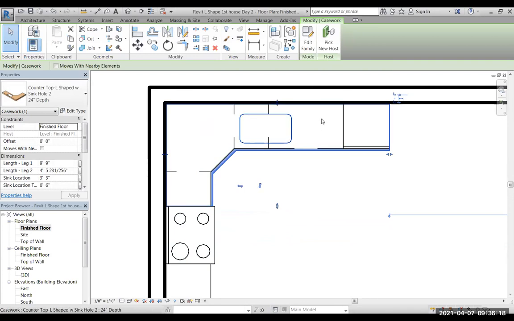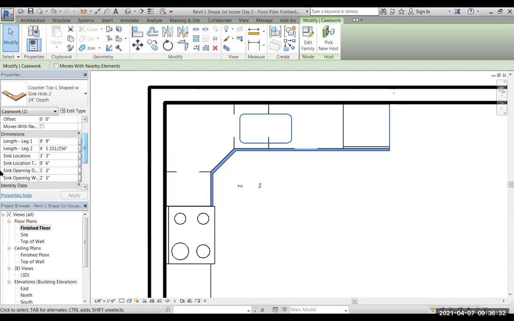Now I just need to change the location of the sink. I need this sink to be over into the middle of my base sink cabinet. So what I do here, it says over here in the properties of the L shape, let me scroll down a little bit. It says the sink location. Right now it's 3 foot 3 inches from the corner, and it's 6 inches from the back wall. Well, that's fine. 6 inches from the back wall is fine. I just need it to go over until it's centered in the middle here. So instead of it being 3 foot 3 inches, let me try